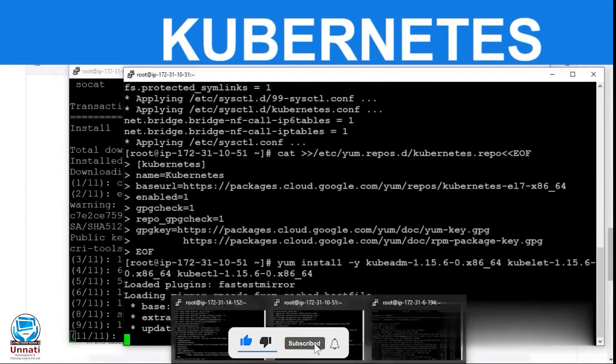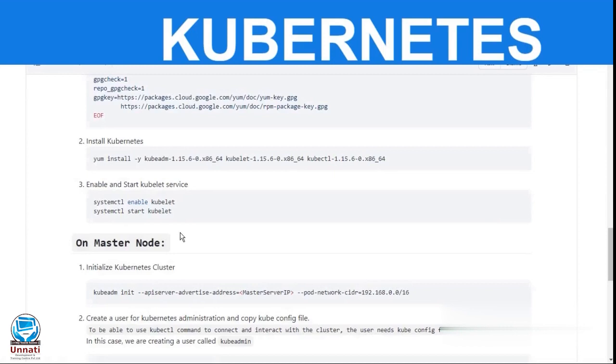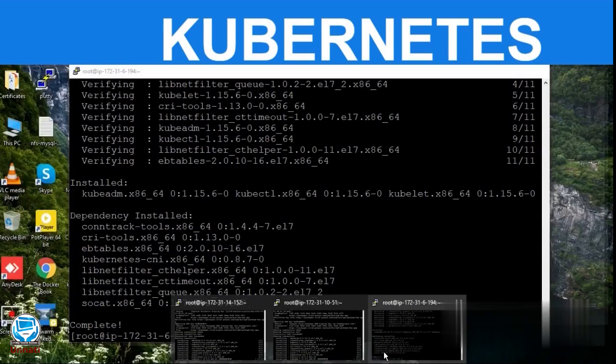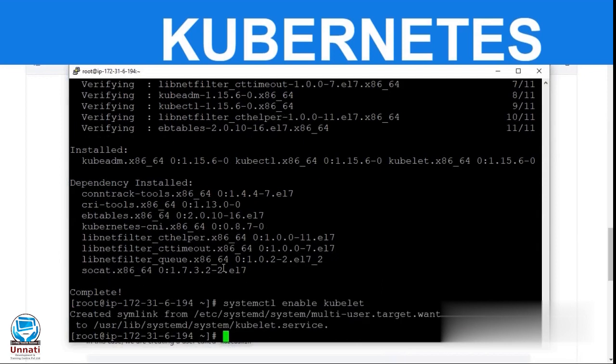So our Kubernetes is installing. Let me just check. See, we have installed our Kubernetes. Now we will enable Kubernetes using systemctl enable, and we will start the Kubernetes service on each node.